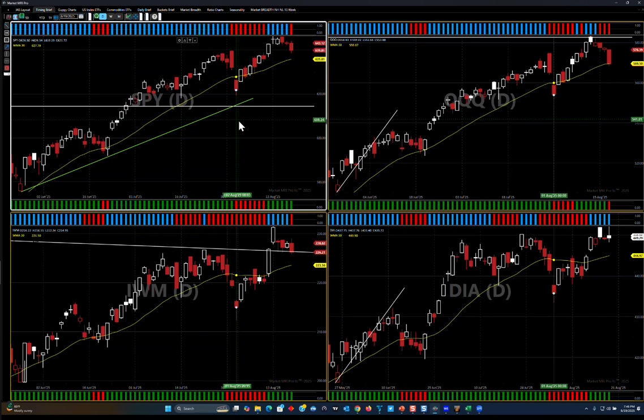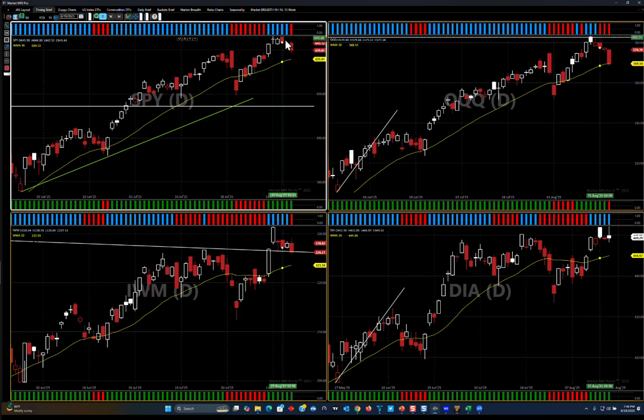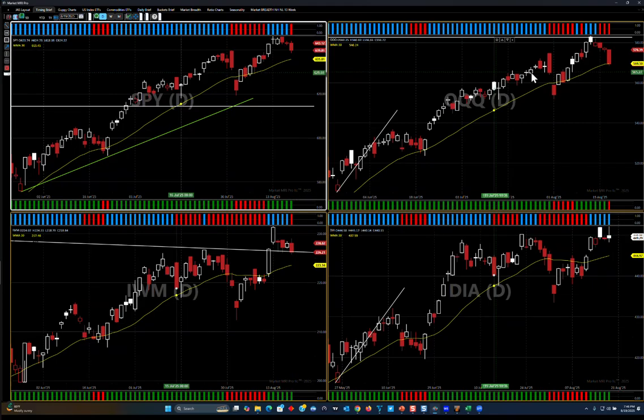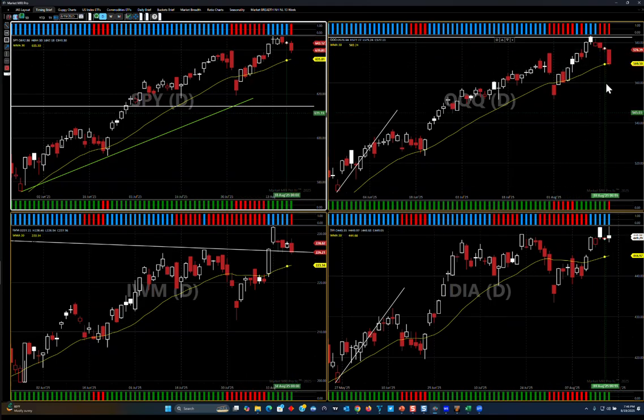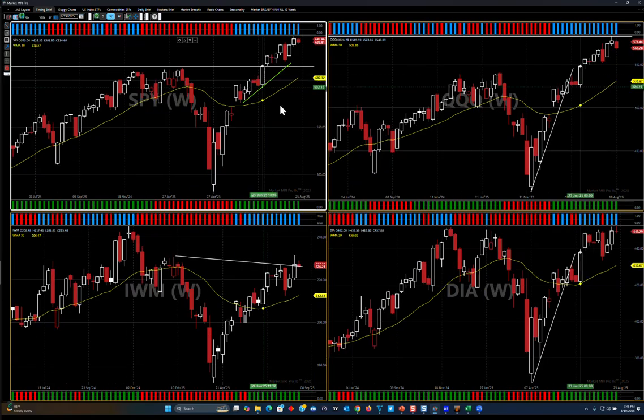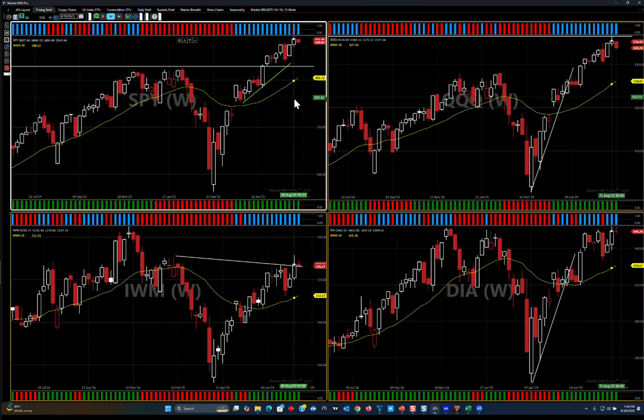Short term, I already know we're under pressure. I talked yesterday how we'd been pulling back kind of orderly on each of the major indices. This isn't so orderly. If I look at this signal as a weekly, I am still, and you just look at the bottom, it used to be I'd have to look at it and decide am I long or short. Then we just said, screw that, we're just going to code it. So we are long weeklies. So if I am long the weeklies and mostly long the dailies, but the Qs have just flipped, I call that either a pullback in an uptrend,